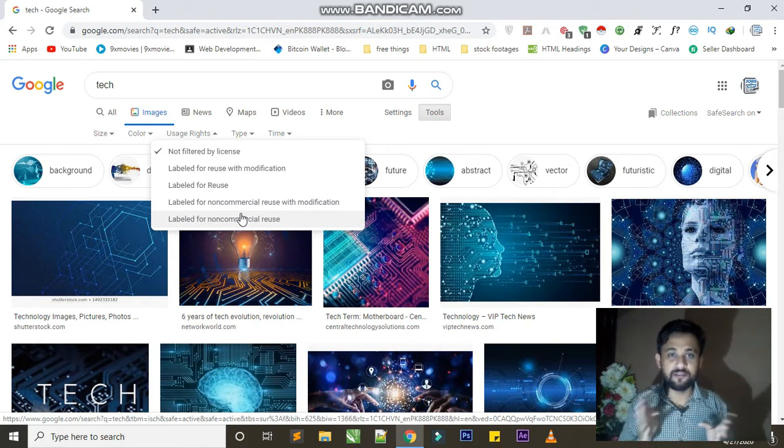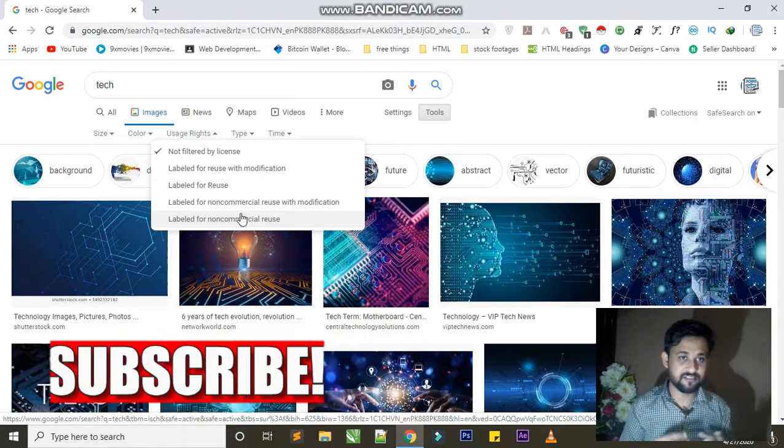You cannot earn money through them, you cannot use them in your YouTube videos for monetization, and you cannot use them on your monetized website. And labeled for non-commercial reuse means that you can use the images but you cannot modify them, and you cannot insert them on commercial platforms. So these are the sections.